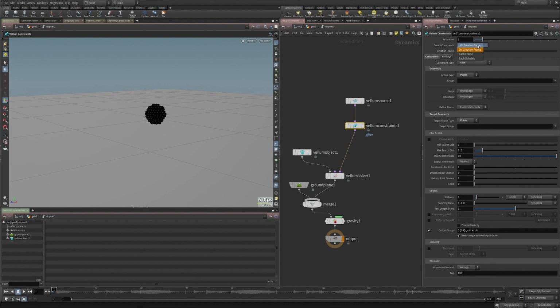Rather than on creation frame, I want these constraints to be calculated every frame, and I want my search distance to be up to about 2. Let's see, it didn't seem like it was working. The constraints per point, let's change that to like 3. Okay, that's probably too many. Take that to 2.